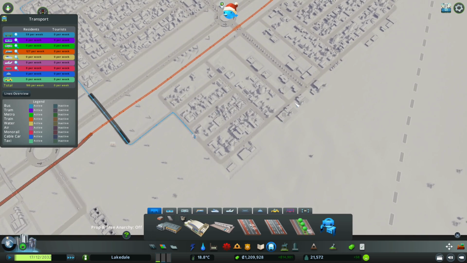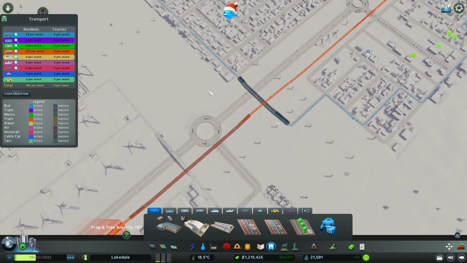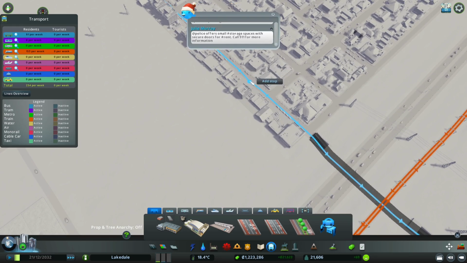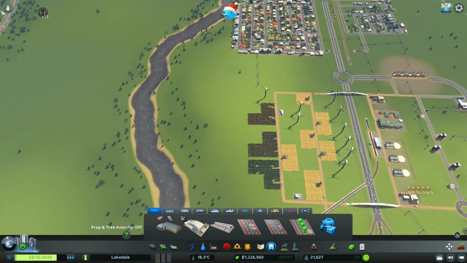Okay, well, you know what? We'll just leave it for now. We'll just bring this around like so. Perfect. There we go. And we'll just drag to add a stop. So there we go. So now I got a bus line on that. So this will allow us to start getting some